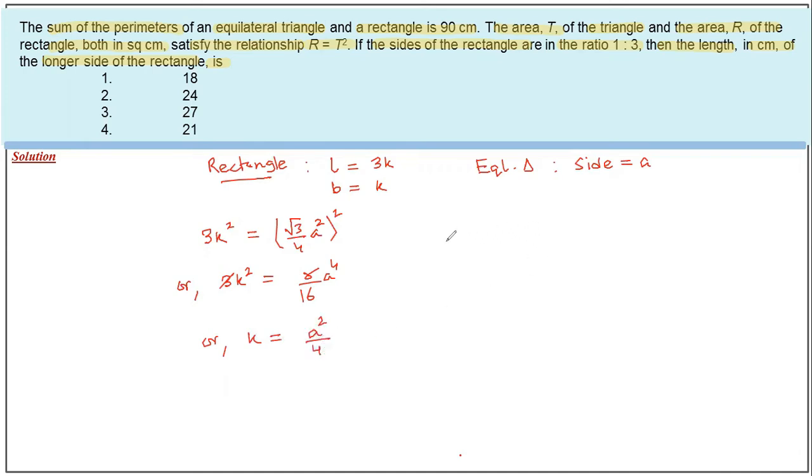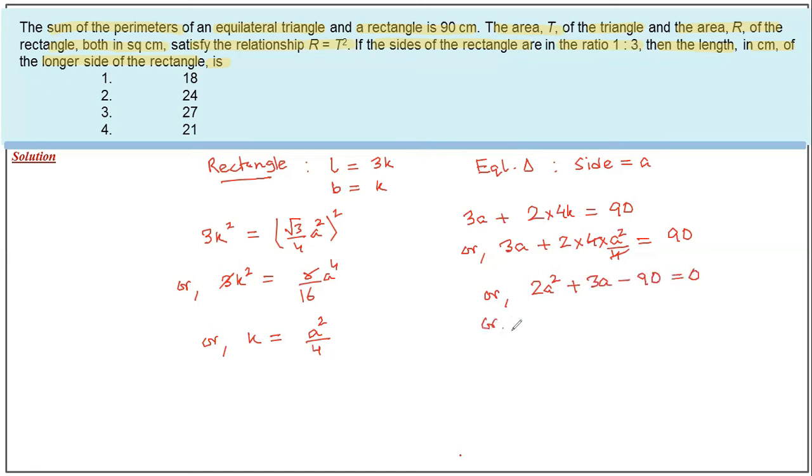Also it is given that the perimeter of an equilateral triangle will be 3a, and the perimeter of the rectangle will be 2 into L plus B, that is equal to 90, or 3a plus 2 into 4 into a square by 4 equal to 90, or we have 2a square plus 3a minus 90 equal to 0, or 2a square plus 15a minus 12a minus 90 equal to 0, or